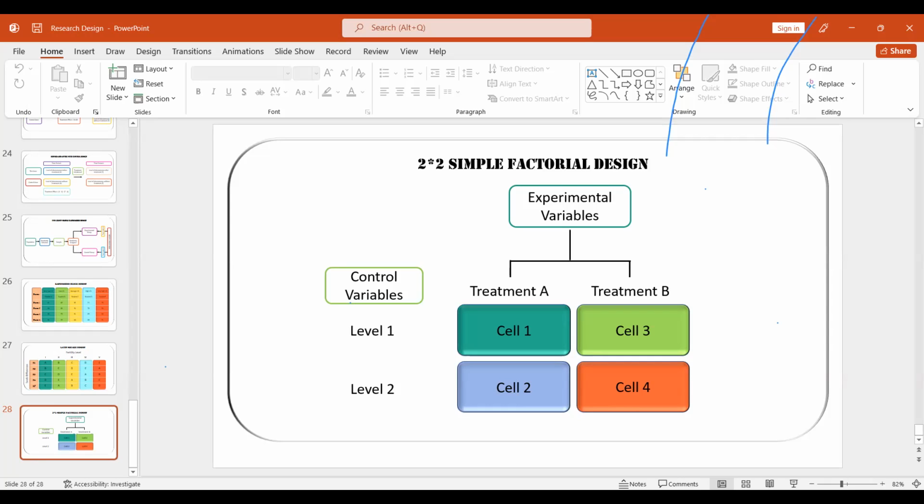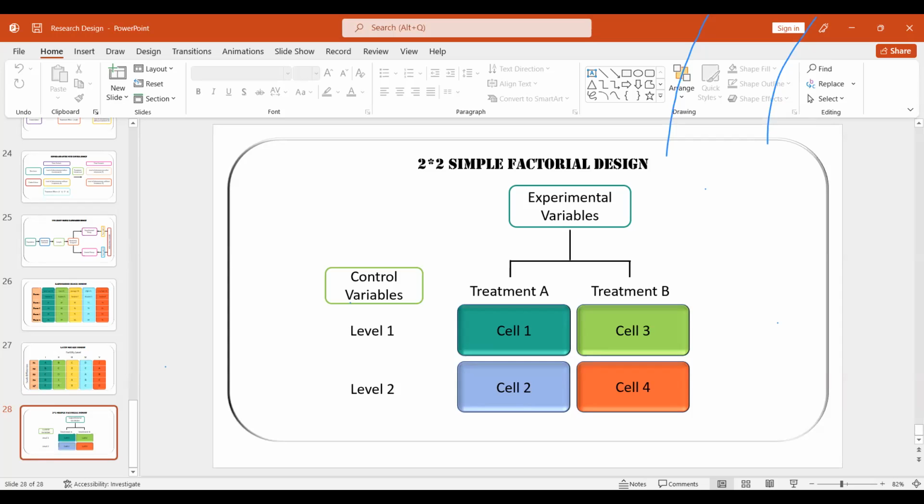अब ये क्या है? This design is simply known as 2 into 2 factorial design. इसी तरह से आप 2 into 2 into 2 कर सकते हैं, 3 into 4 कर सकते हैं, और 5 into 3 कर सकते हैं. So this is an example of 2 into 2 factorial design. So in this design,